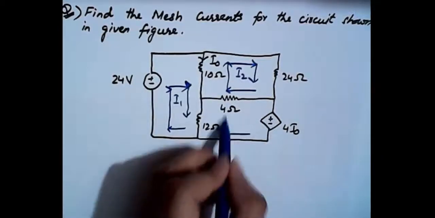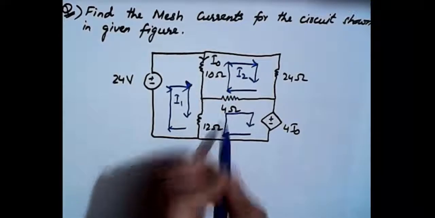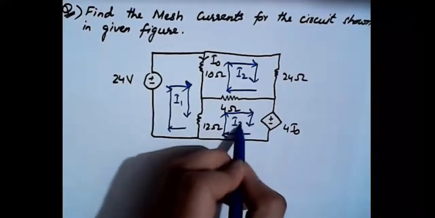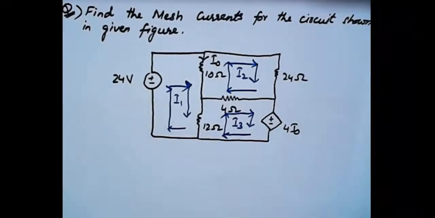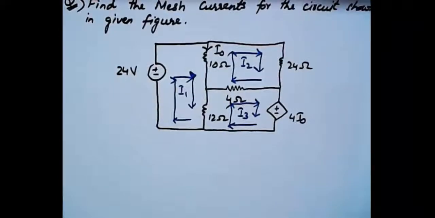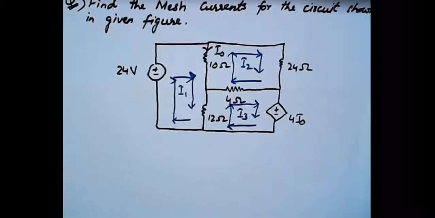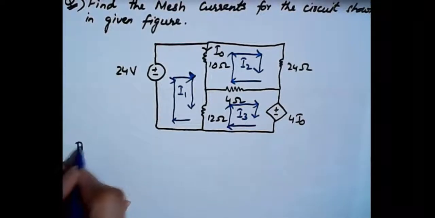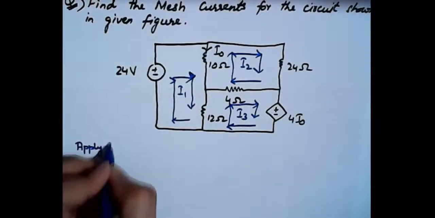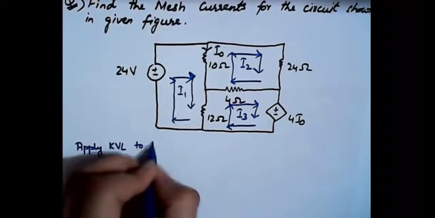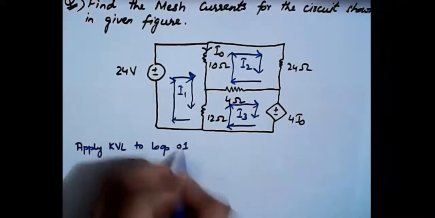And finally we have loop 3 with current I3, right? So first of all, we need to apply mesh analysis to loop number 1. So let's do that. Apply KVL to loop 1,